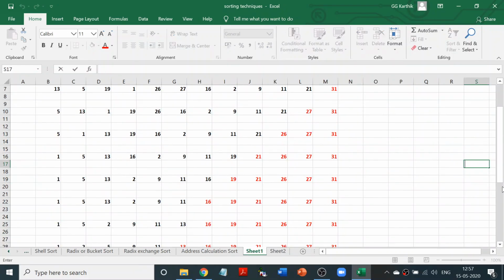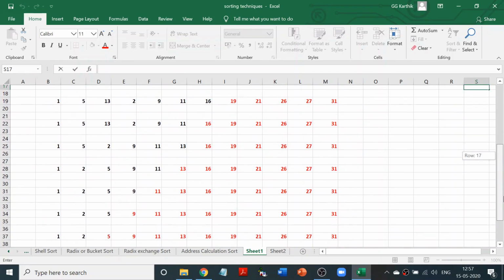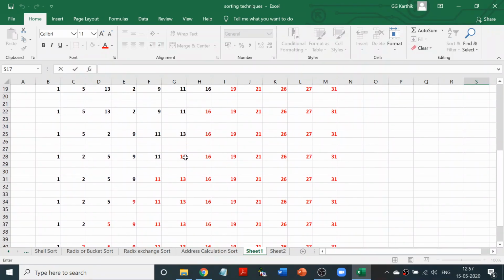So this is how your list is going to look after sorting. The first iteration gave you the first largest number, then the second largest, third largest, and so on. So you keep sorting it. This is going to be the sixth largest, fifth largest, fourth largest, third largest, second largest, and first largest. So all the largest numbers are here.